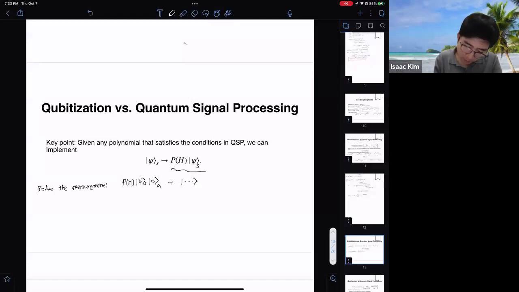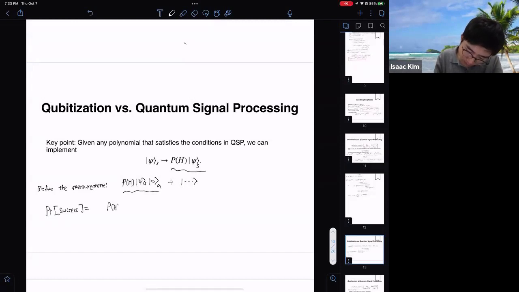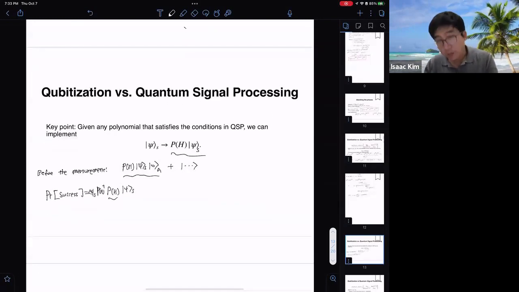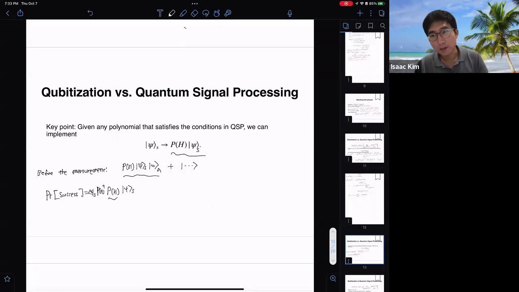Okay, and therefore the success probability is precisely the norm of this vector. So if P of H is unitary, then the success probability would be just 1. Okay, so that's